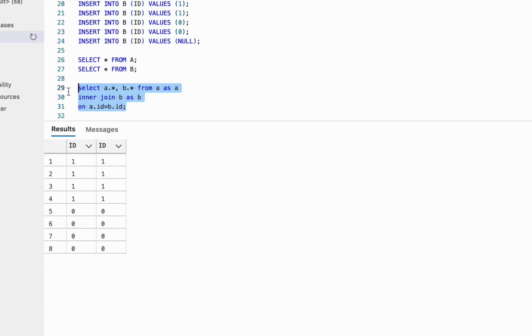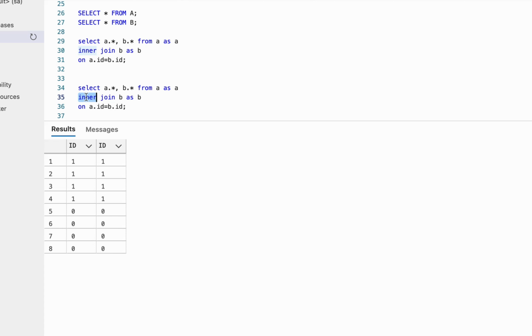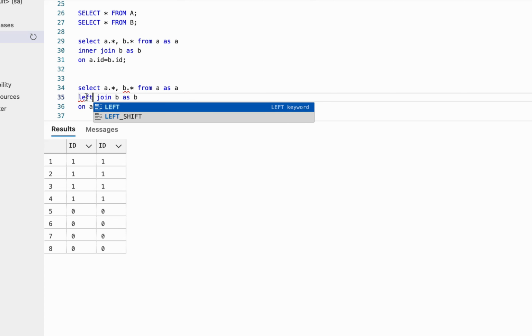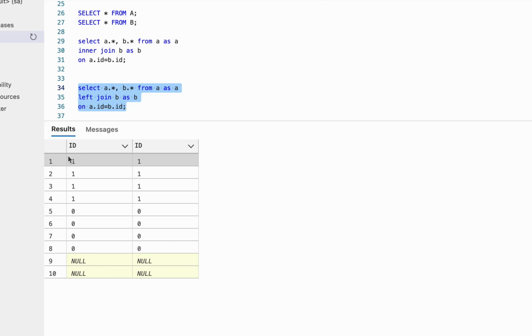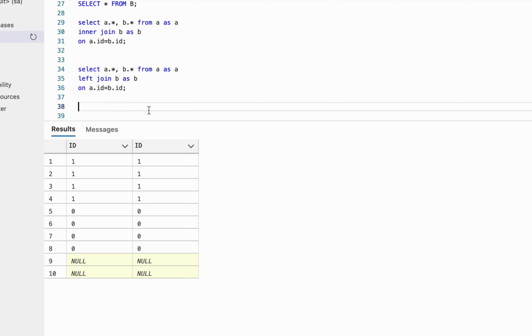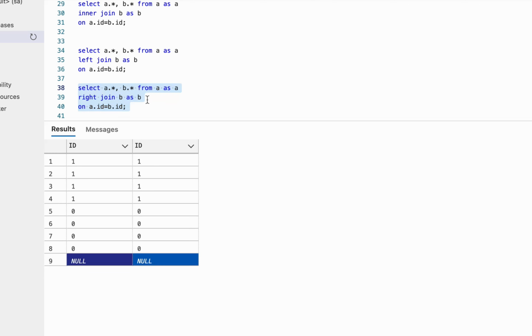And let's try to do the left join operation now on these tables. So we have the same syntax, but instead of inner join, we do left join. Let's run this now. So you can see when we are applying left join, we are getting 10 rows. So that is matching with our final output. Now let's check this for right join. So right join, let's run this. When we apply the right join between table A and table B, we are getting 9 rows. So that is also matching with our output.